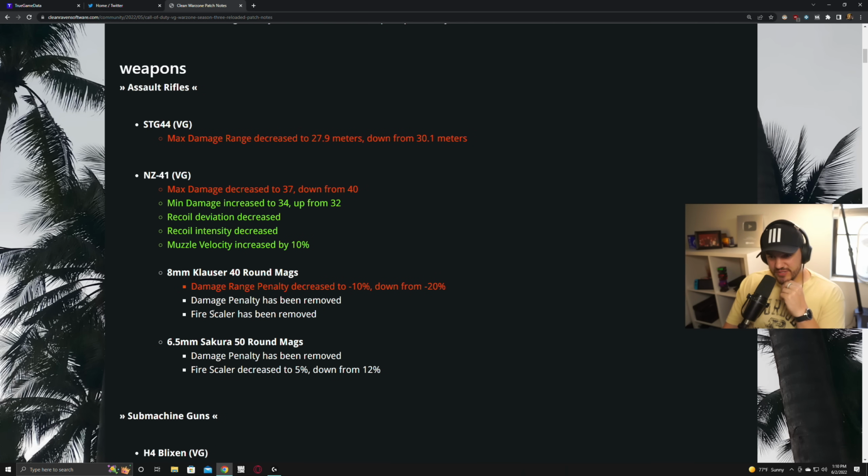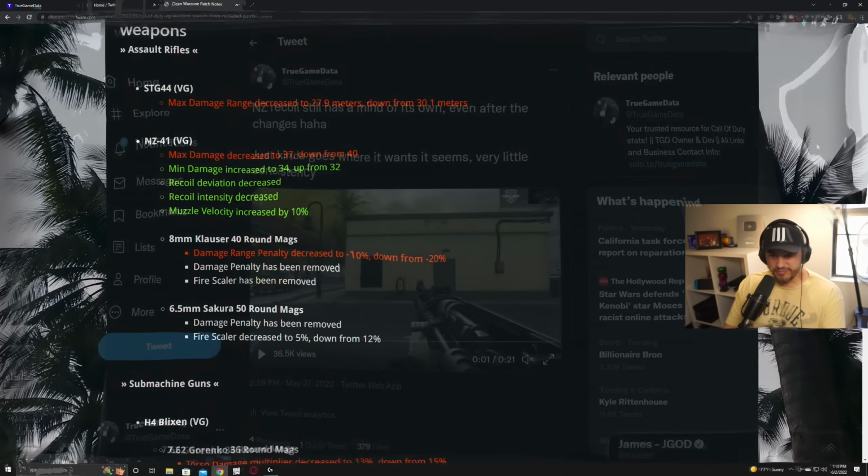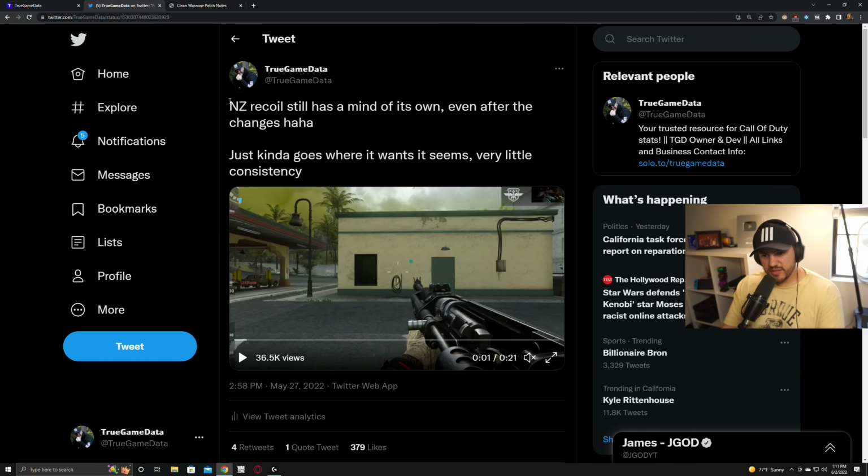And then on to the weapon changes. So the STG got a gigantic nerf. Its damage range was reduced by a whopping 2 meters, so it's still going to be ridiculously good in all cases. The NZ-41, so over on my Twitter, we have this tweet that I sent out after the previous patch